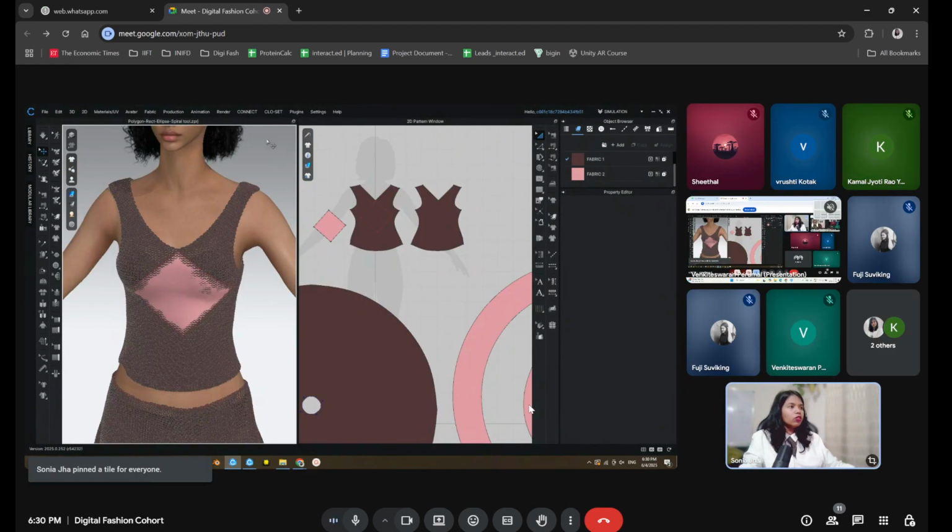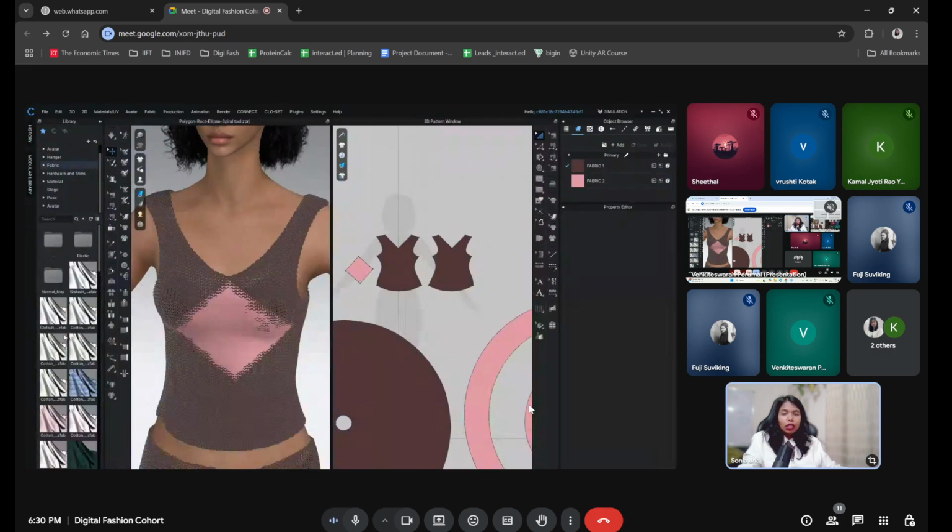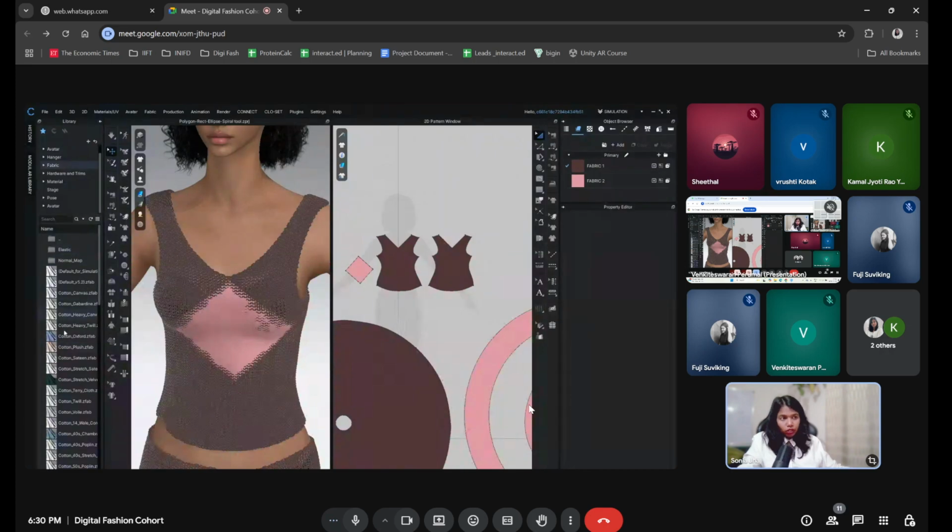Okay, so we are moving on to finding more fabrics. Since my library, everybody has a library on the left side. My library shows a lot of fabrics available here, right? But yours does not. So what you can do is actually download fabrics for yourself. How do you do that? You can click on the third icon from top,